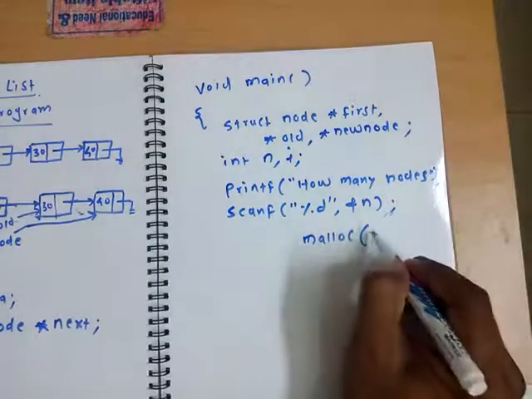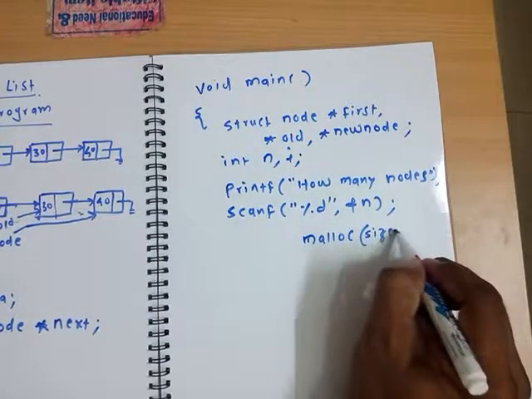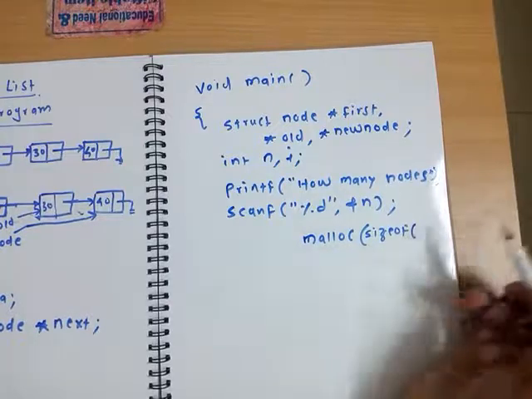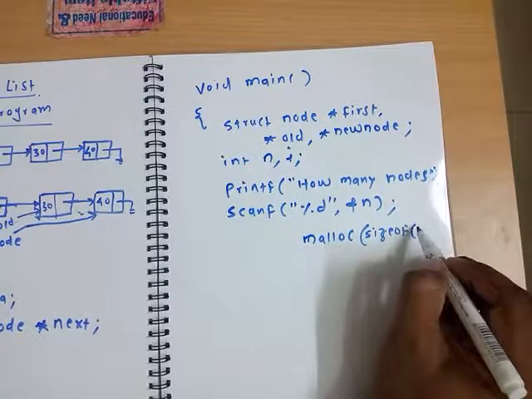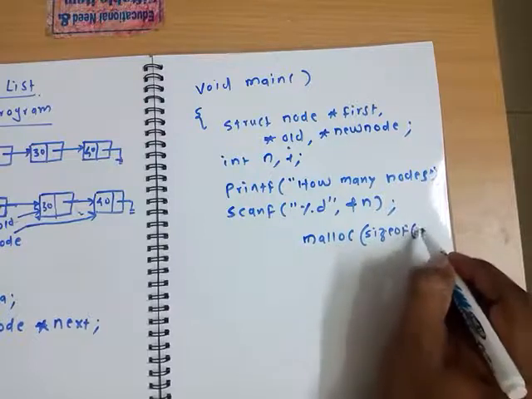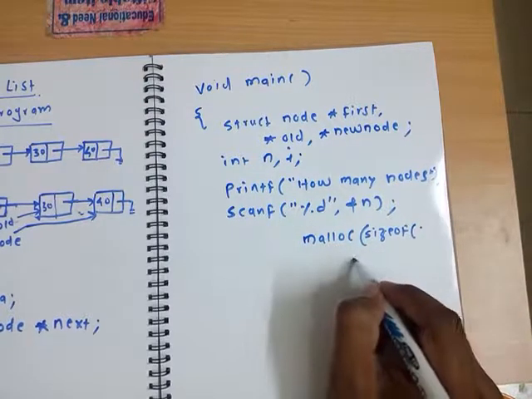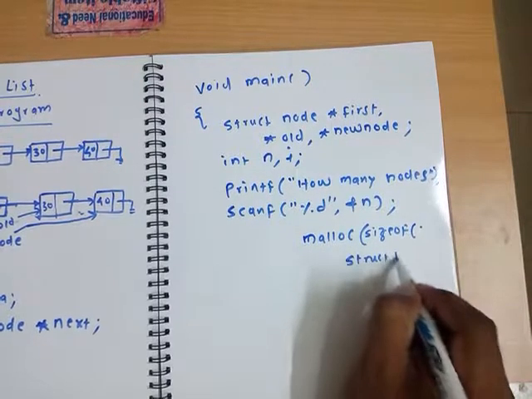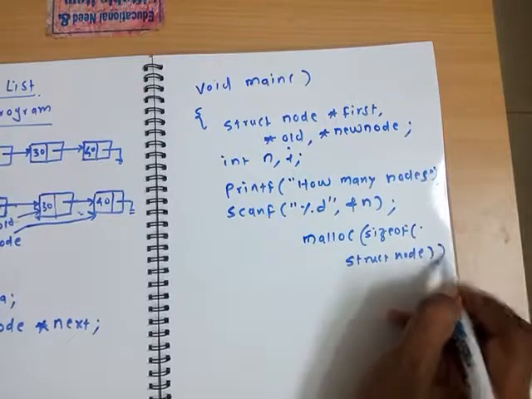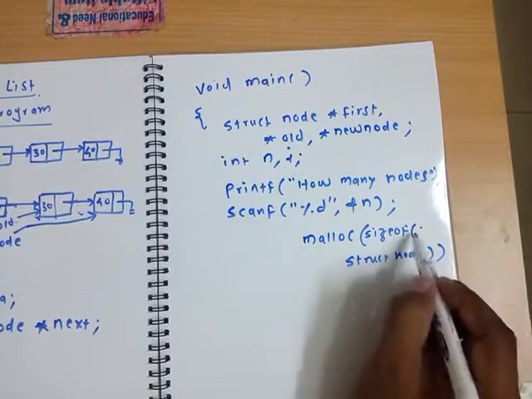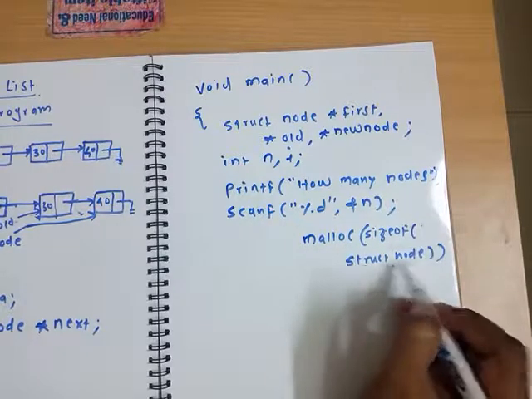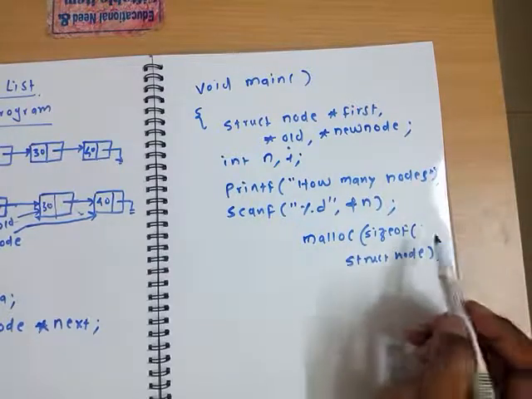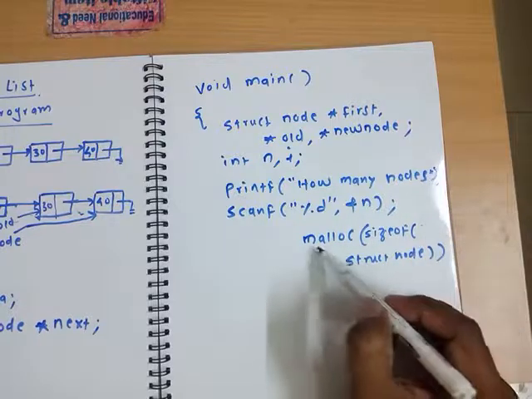I'll use the sizeof keyword to calculate the size of this struct node, sizeof struct node. This struct node is in the bracket of sizeof. So sizeof will calculate the size of the structure node, and that much memory will be allocated by this